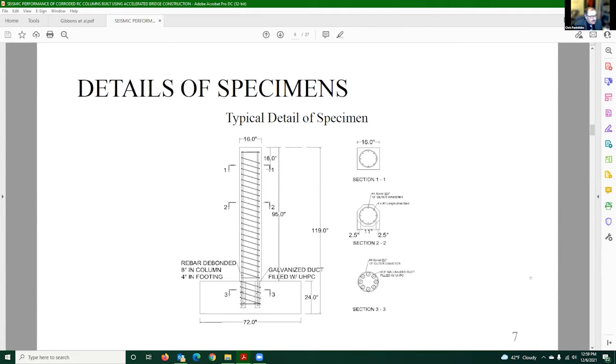So these are the geometric details of the specimens. A major difference and departure from the previous study with MJ Amelli, we decided to use a 3-inch galvanized duct instead of using the NMB splice sleeves. You can see we have, in this particular case, 8 bars. These bars are going to be then grouted in the footing, as you can see here. And in addition to being grouted,